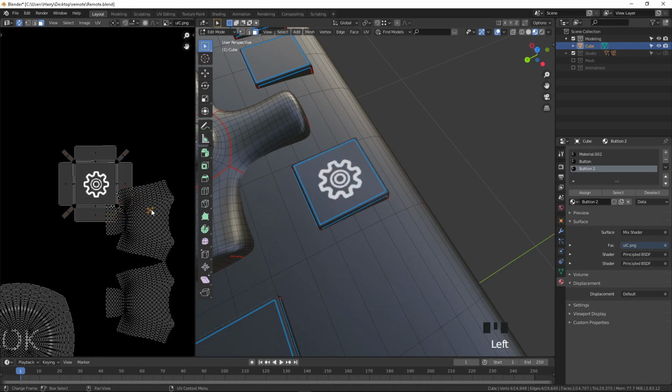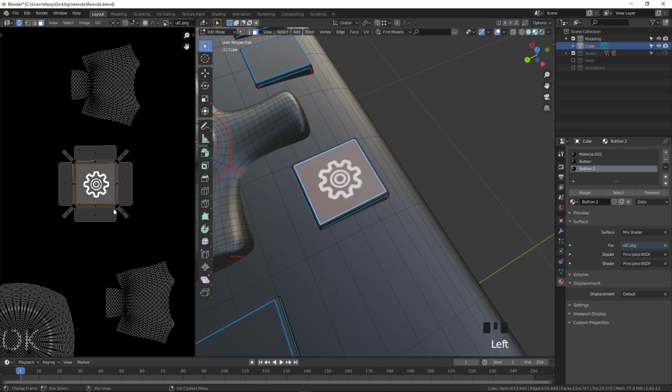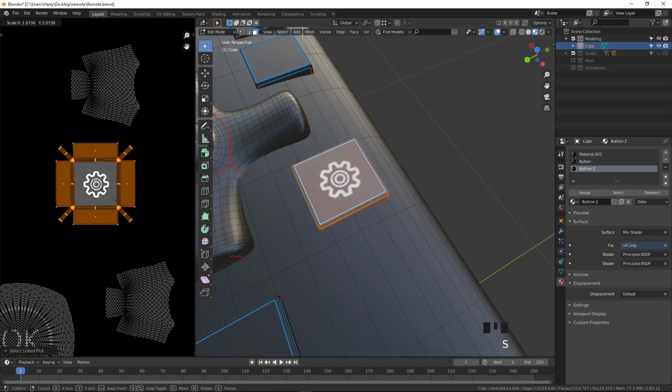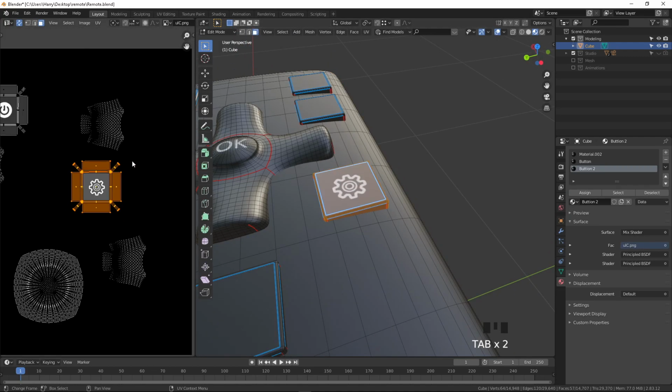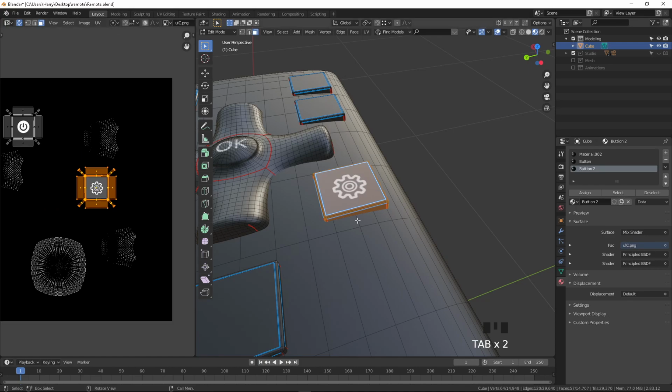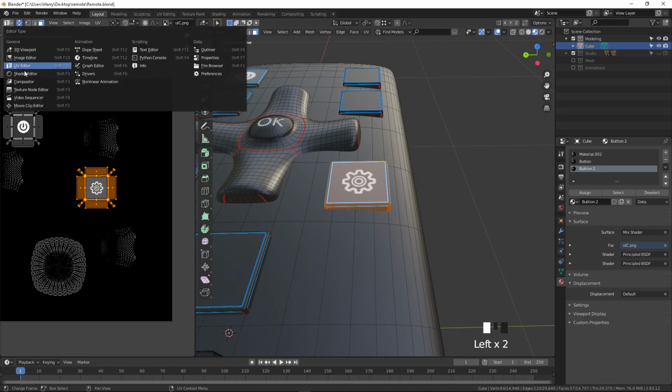Select this, press L, press G to move, and you can keep it aside. Select this, press L and scale it to move towards big. Now you can see this option is selected. I assign it to the button and go back to the UV editor, go back to the shader editor.